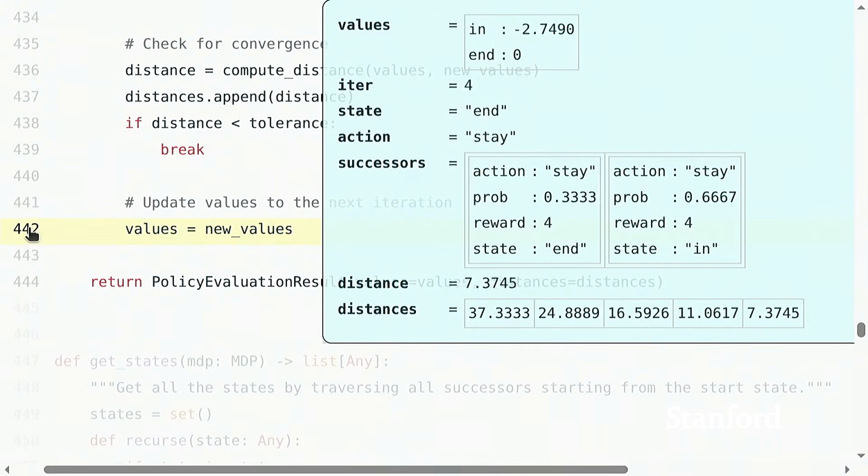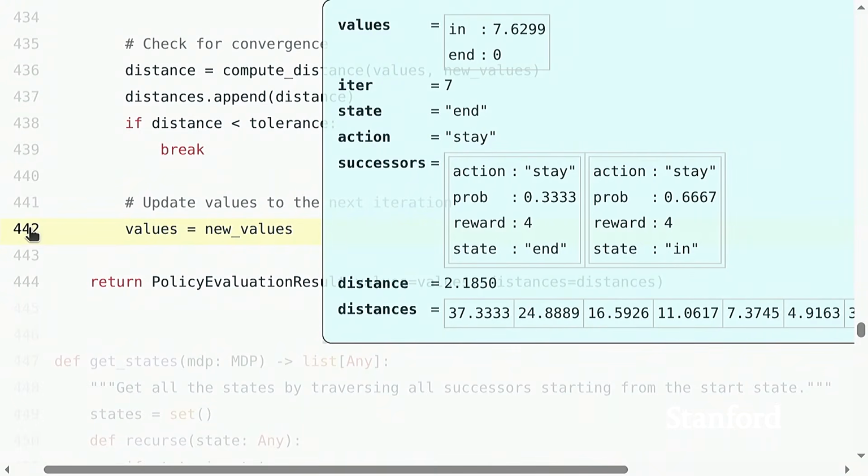You see that in converges to 12. Let me just go here. So it converges to 12. Okay? And remember the estimate we had was around 12. It wasn't exactly 12, but policy evaluation gives you the exact answer in the limit.